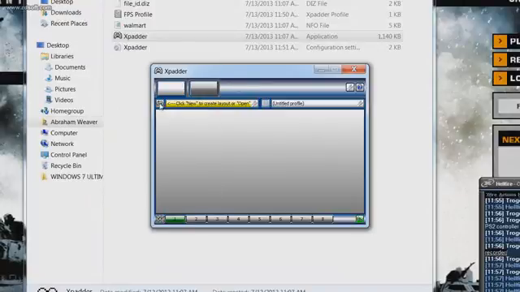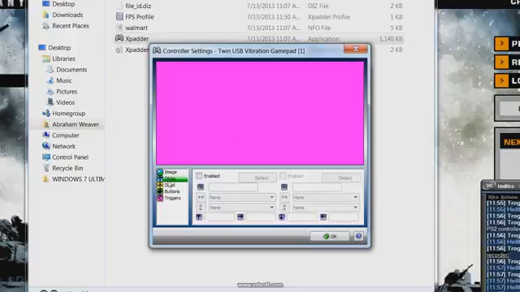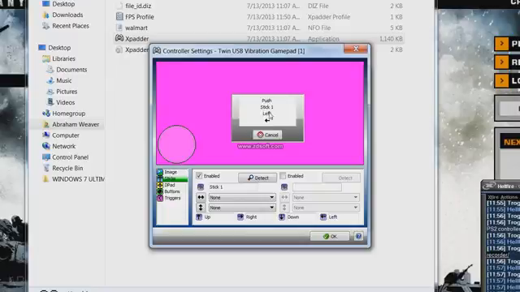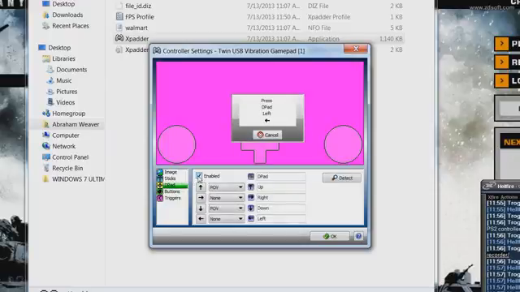So click this little controller button, click new, and you're going to use this right here to make the program recognize all the buttons that you're going to be using. So you're going to click sticks, enable, push, pretty self-explanatory stuff. Push up. This is going to detect the analog sticks. Click D-pad, enable D-pad, up, left, right,